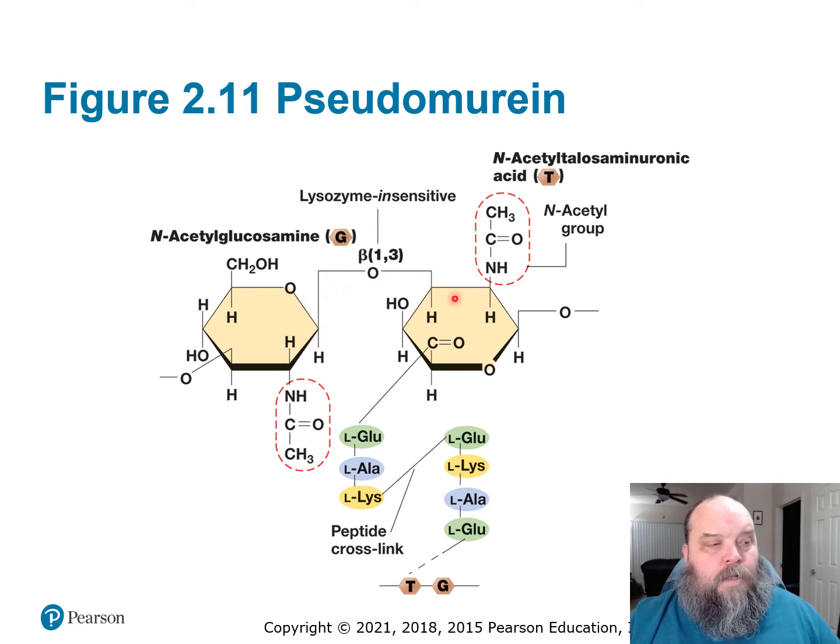So carbon 1, carbon 3. You have cross-linking peptides. It's not the tetrapeptide like we saw before. This is going to give the cell wall of these archaea a completely different